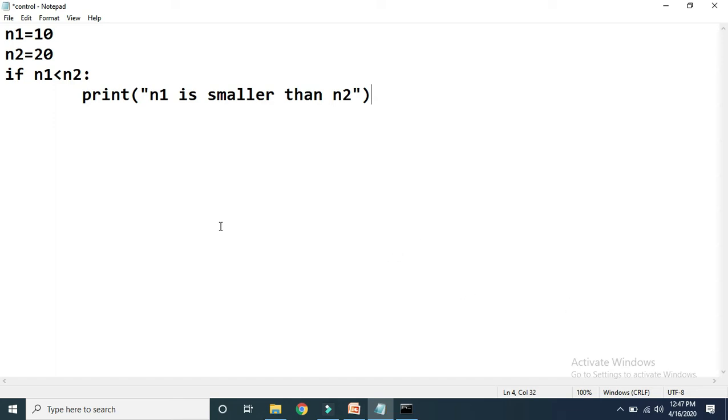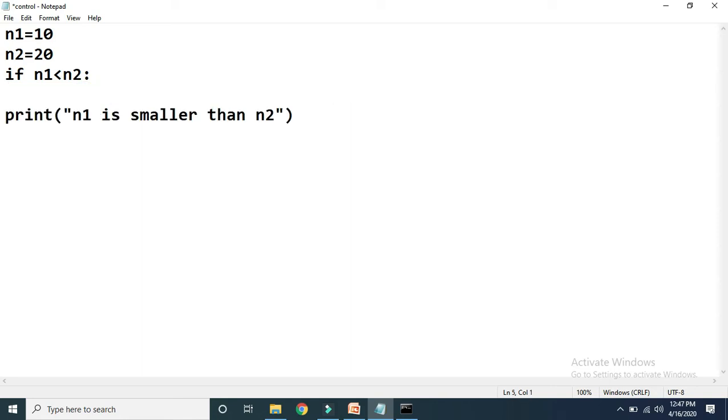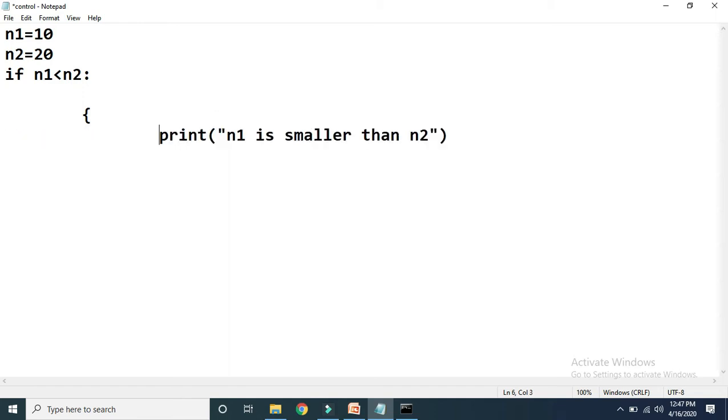Now see, if you concentrate on this print, I have left some space in between and then mentioned this print statement. If I am using if in some other programming languages like C, C++ or Java, then generally we need to give a curly bracket like this.